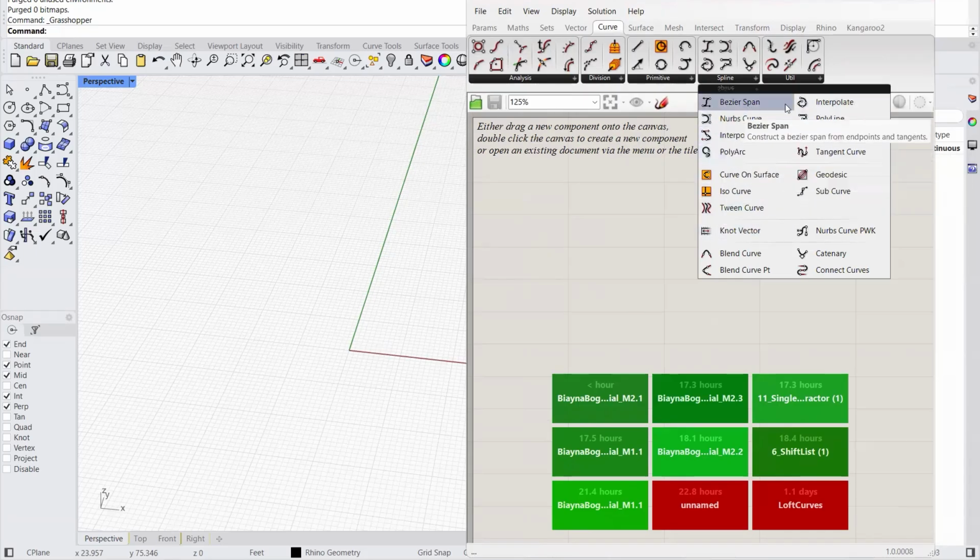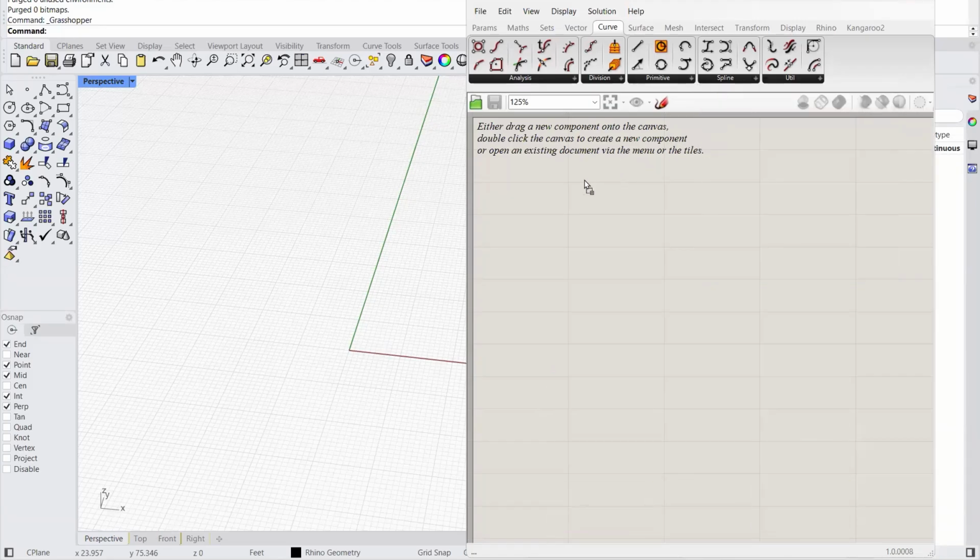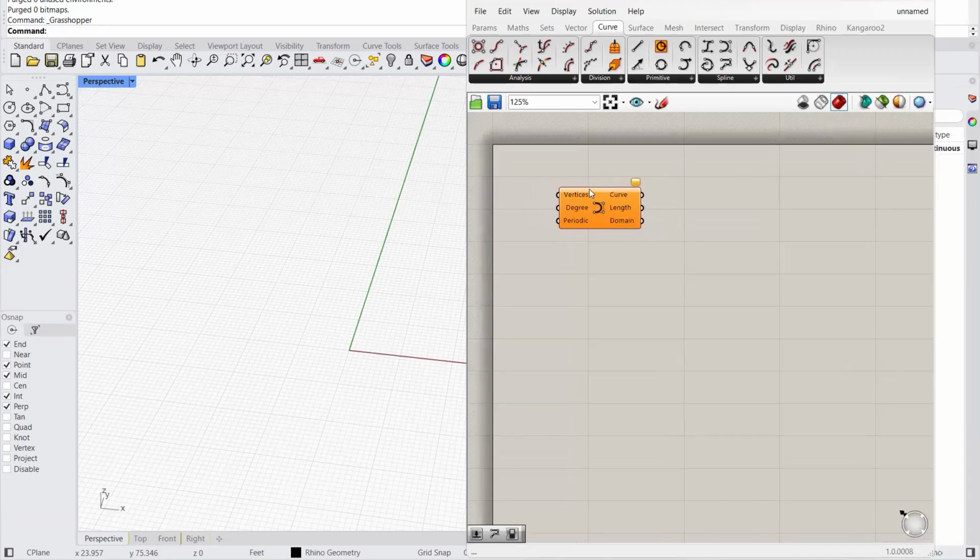So here we have Bezier curve, an interpolated curve, as well as a NURBS curve. So we can either use an interpolated curve or a NURBS curve, similar to what we constructed in Rhino earlier. For this exercise, let's go ahead and create a NURBS curve and drag and drop that on